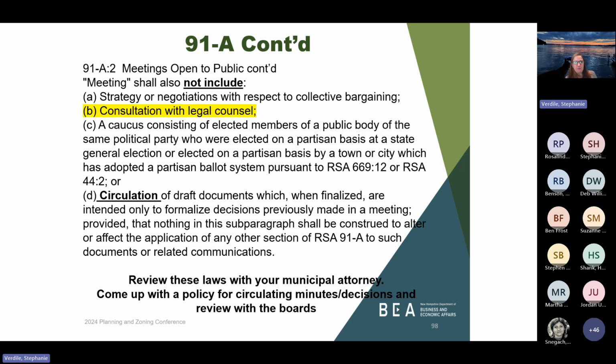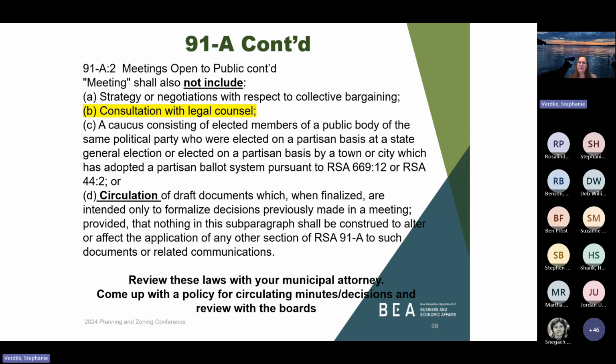Also, what is not considered a meeting is consultation with legal counsel. So again, if you want to bring in your municipal attorney to a planning board meeting to discuss an application that you have, work with your town attorney, but that is not considered a meeting. So make sure that you've got that procedure down and you understand how that should be noticed, how the minutes are supposed to work, all those types of things. It's the responsibility of staff or the secretary to the planning board to make sure that if you're having this meeting with legal counsel, it's a legal meeting so that you're doing it right and you're noticing it correctly.